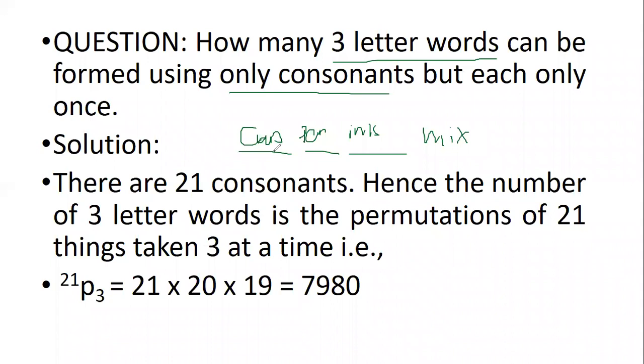Now here if you see, I have used A. A is a vowel. Again A is a vowel. I is a vowel. I cannot use vowels. So I am supposed to use only consonants and then form the words. Now can anybody tell me how many alphabets are there in English? Number of English alphabets.